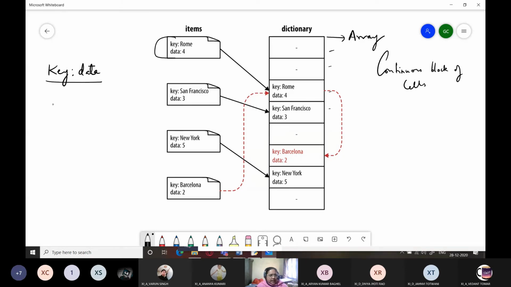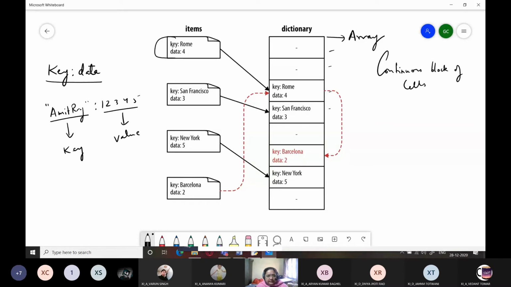How is data stored, like Amit Raj and his telephone number, right? So Amit Raj is the key, and his telephone number is the value. So this forms a key value pair.